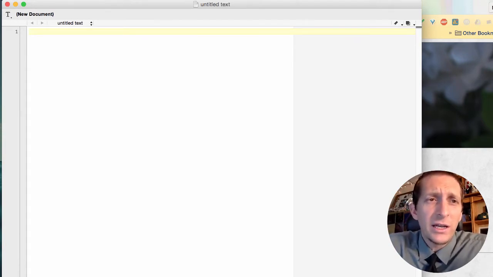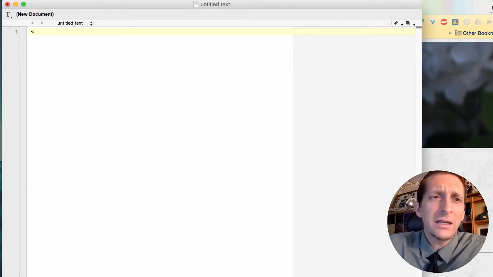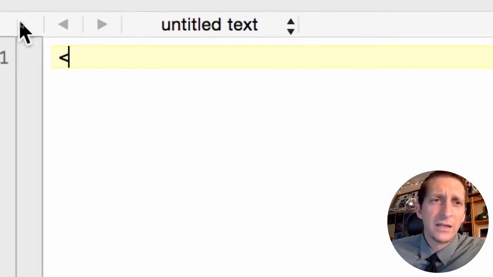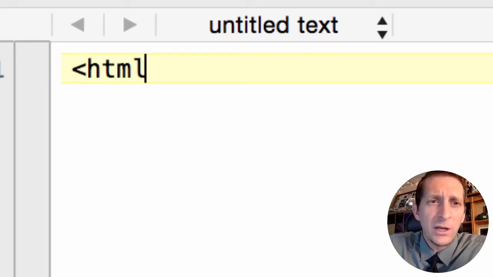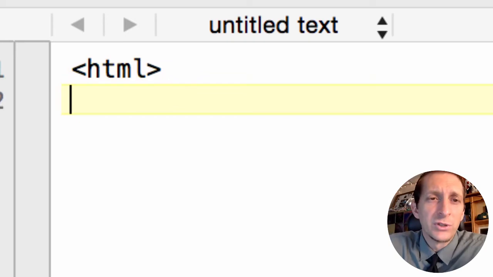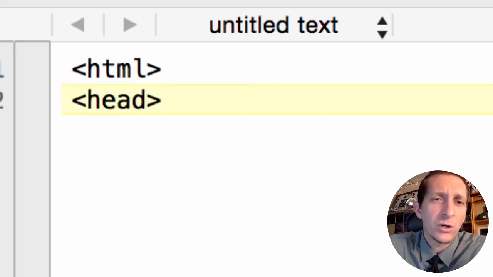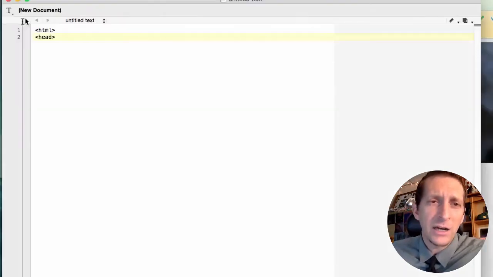But let's go ahead and start with a tag. All web pages start with a tag. So if I go open bracket and then HTML, all websites start with this tag. Now you're basically telling the computer we're going to start an HTML document right here. Then we're going to go into head, open tag head. We're going to say in the head of my document,